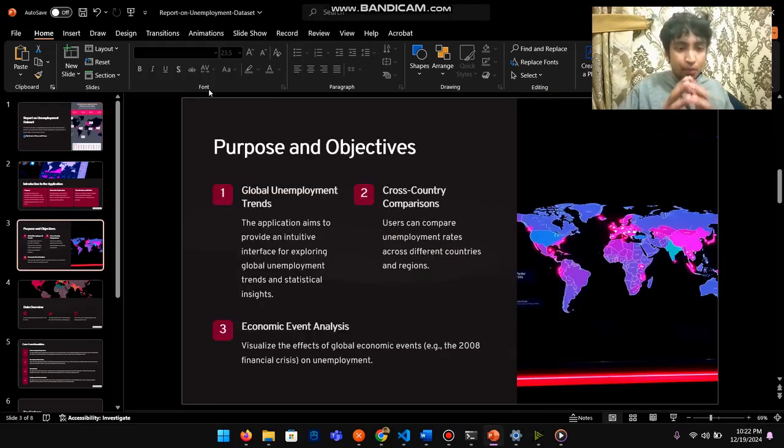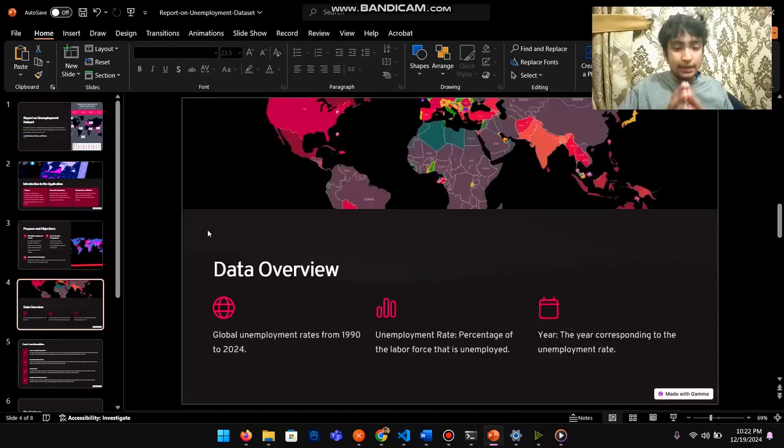This application aims to provide an intuitive interface for exploring global unemployment trends. Users can compare unemployment rates across different countries and regions. Third, you visualize the effect of global economic events. My dataset is from 1980 to 2024, and it was taken from multiple credible sources like the IMF and World